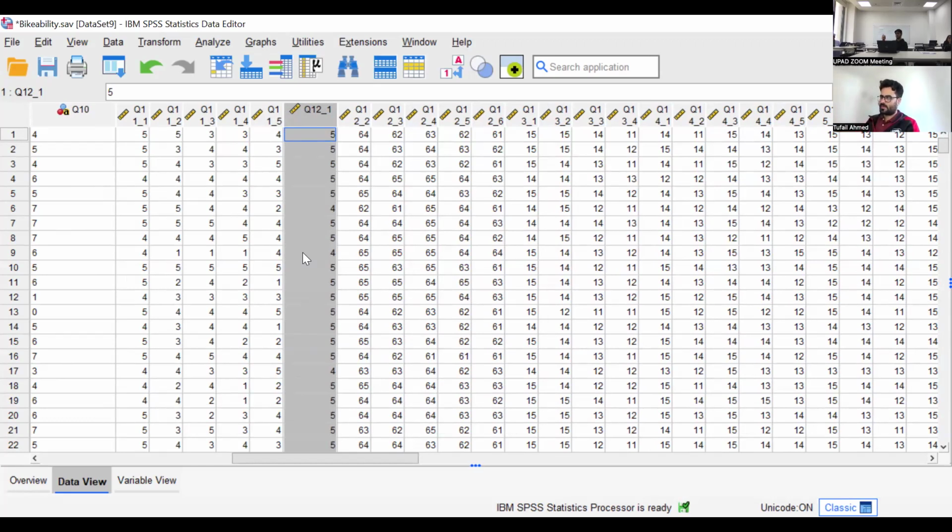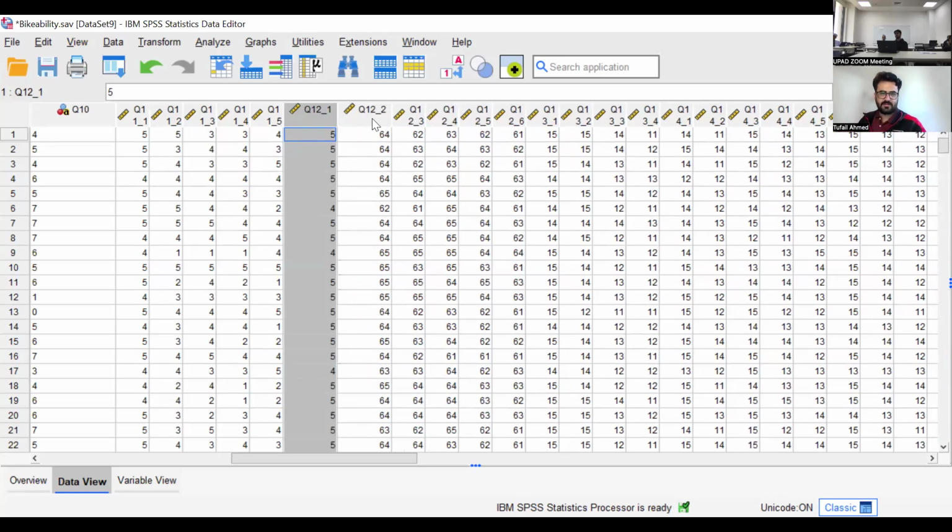One of the students, she has now graduated from masters. At that time, she was working as a research assistant, and I think one of our senior professors taught her SPSS somehow, but she made all the codings wrong. When I got the file, I had to transform it at a huge level so that I can reuse it. Right now, from question 1 to question 5 and then question 12, we see a consistent coding 1 to 5. Here I see everything is non-consistent. So this is what we call data mining, like cleaning our data before any analysis.